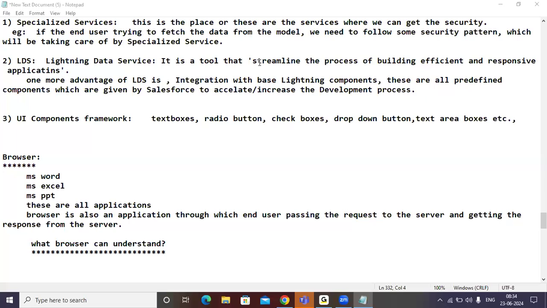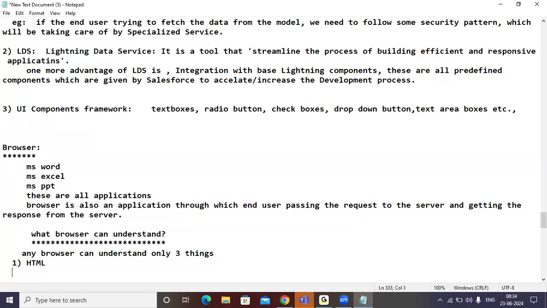A browser understands only a minimum of 3 things. Finally, any browser can understand only 3 things, guys. The first one, what is this? HTML.